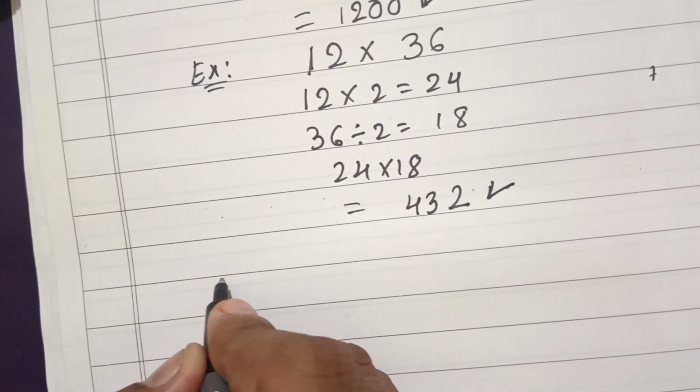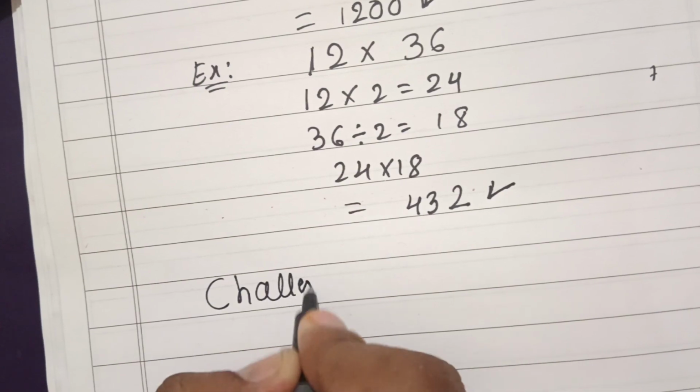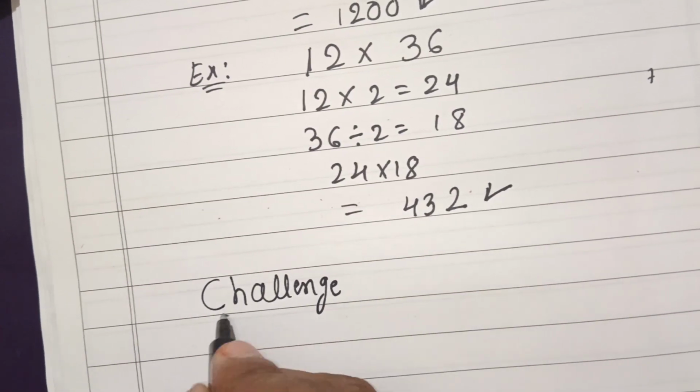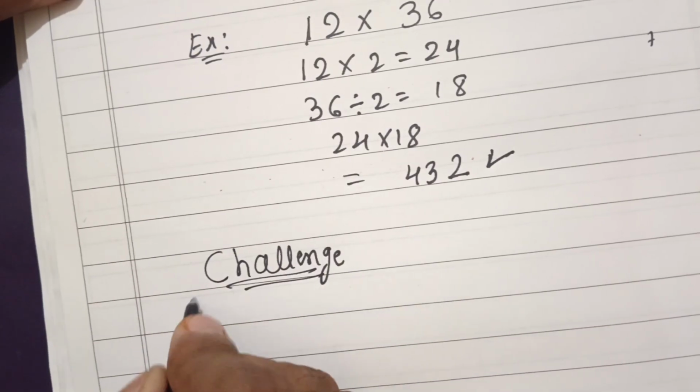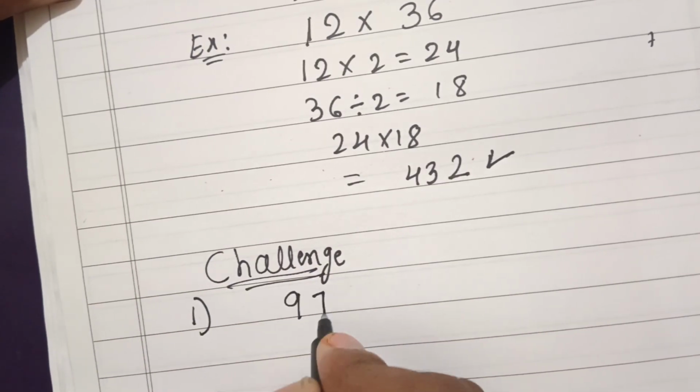So now it's time for the challenge. I'll be giving you a few questions. Please try to solve without normal multiplication. The question is 97